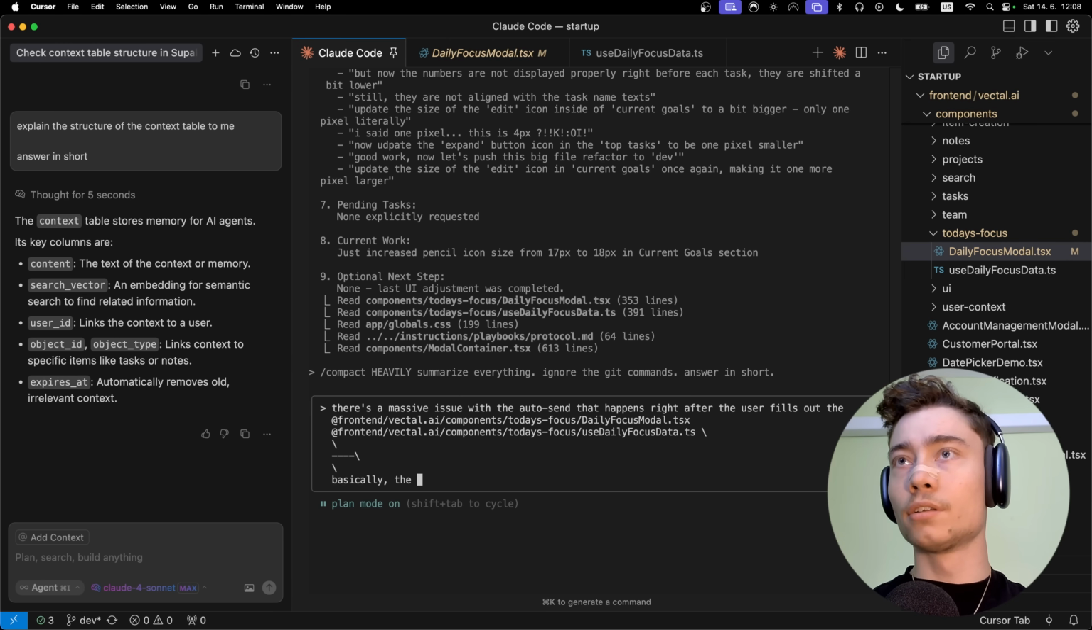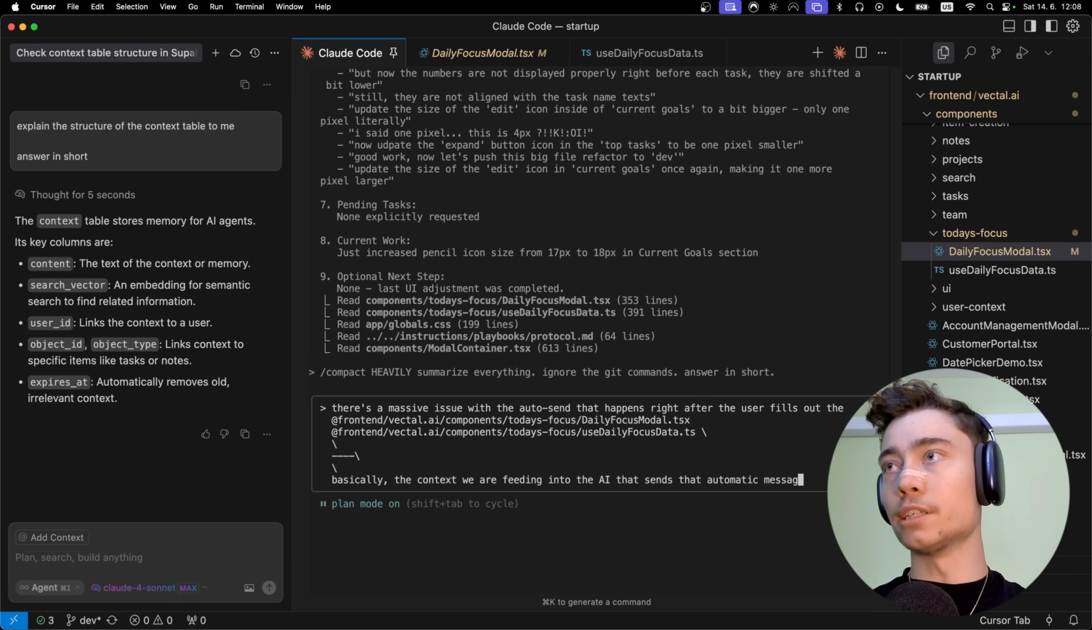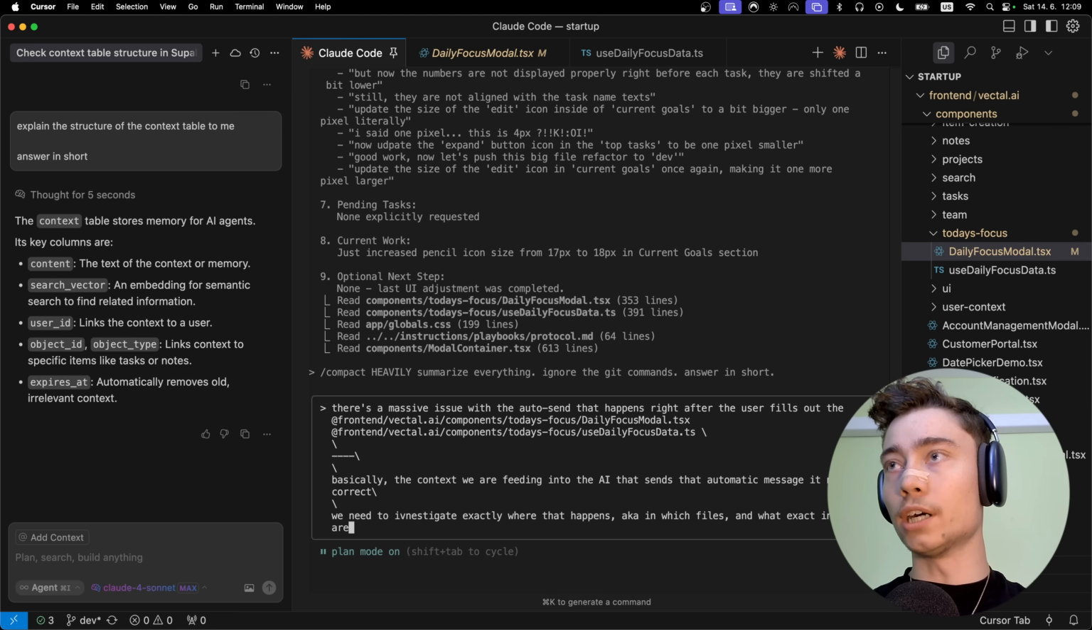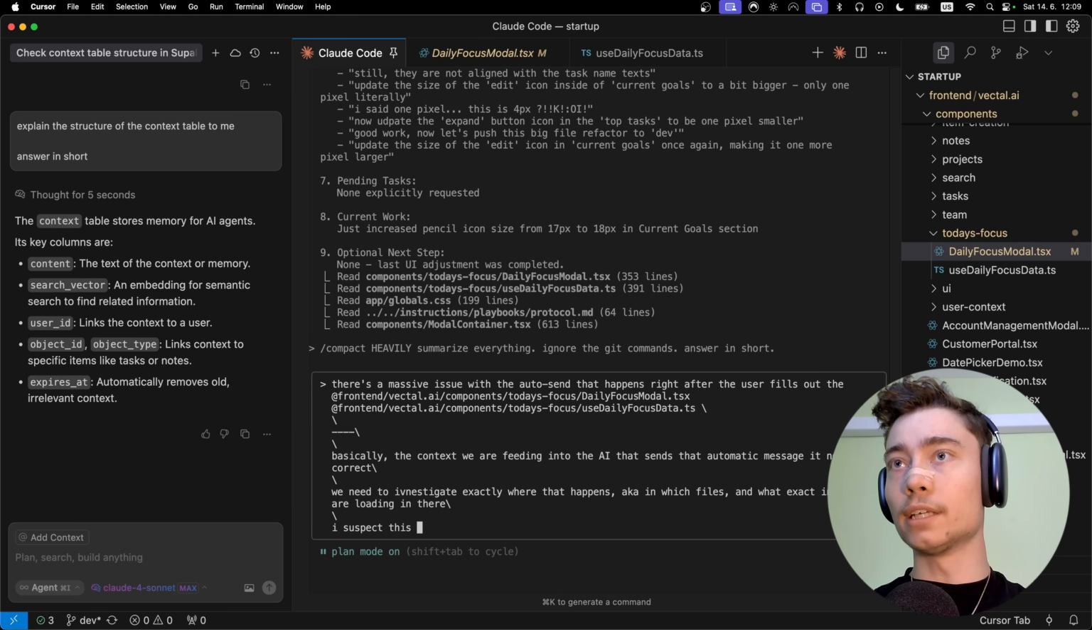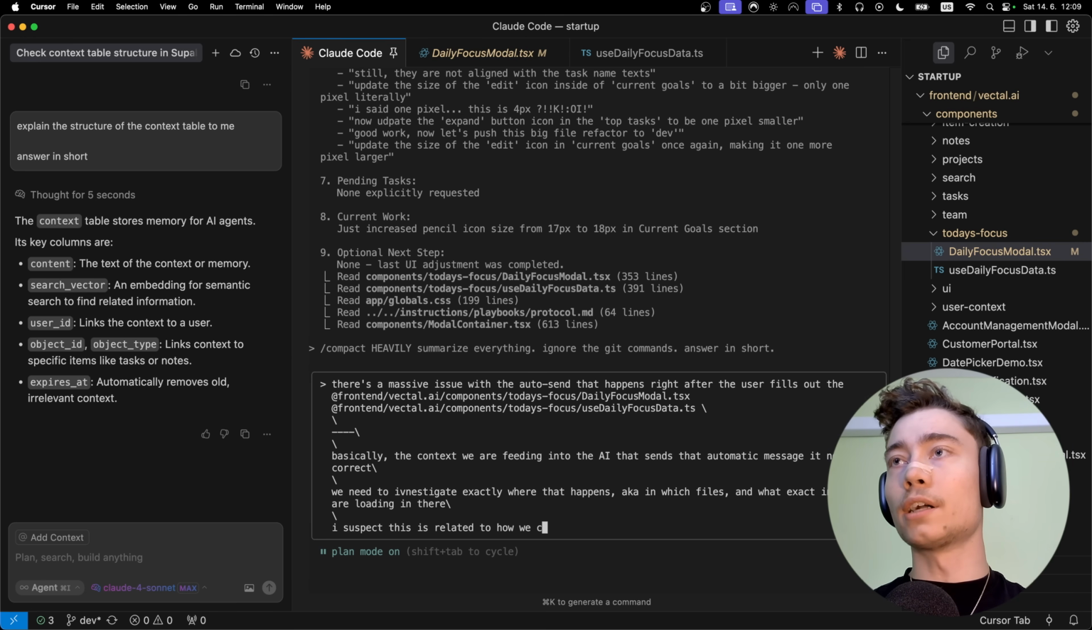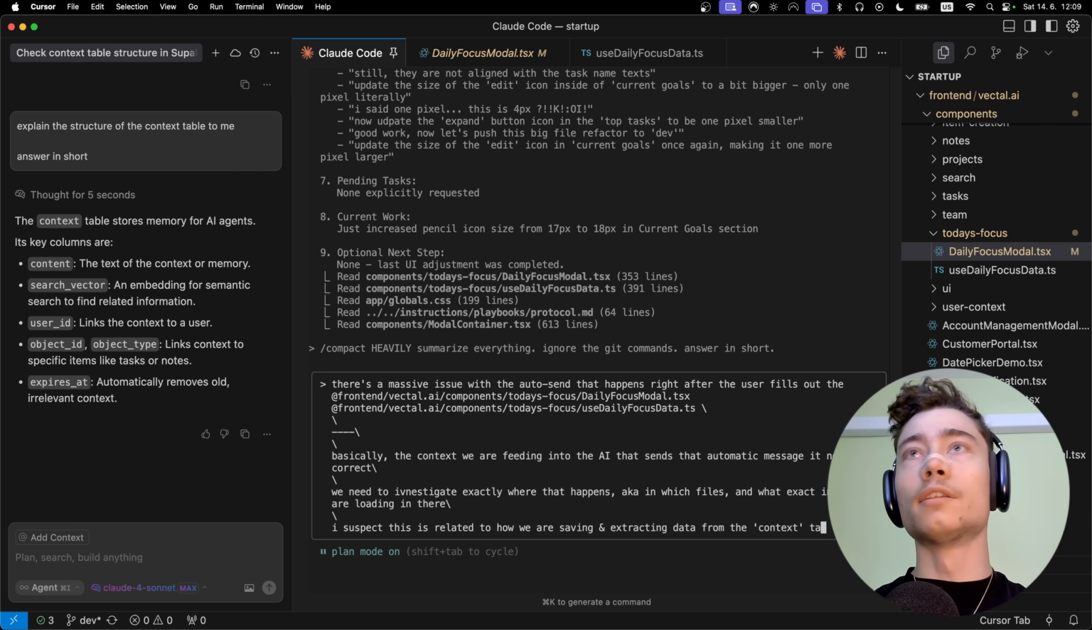Basically, the context we are feeding into the AI that sends that automatic message is not correct. We need to investigate exactly where that happens, aka in which files, and what exact info we are loading in there. I suspect this is related to how we are saving and extracting data from the context table in our DB,